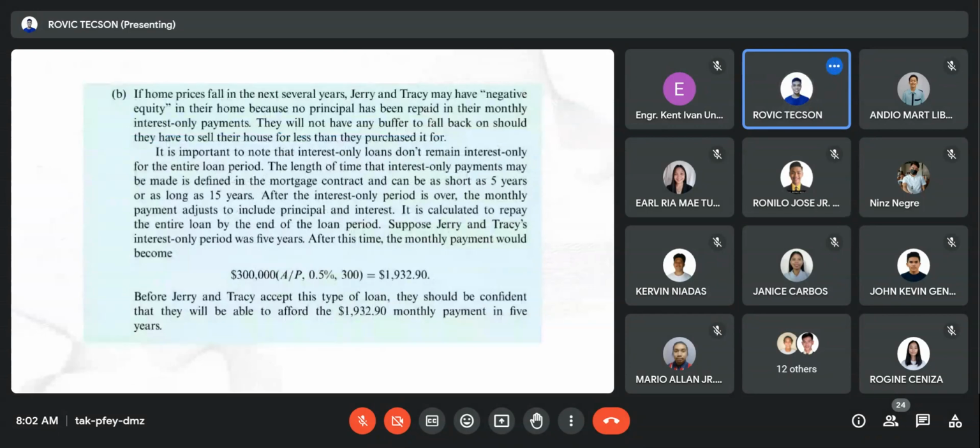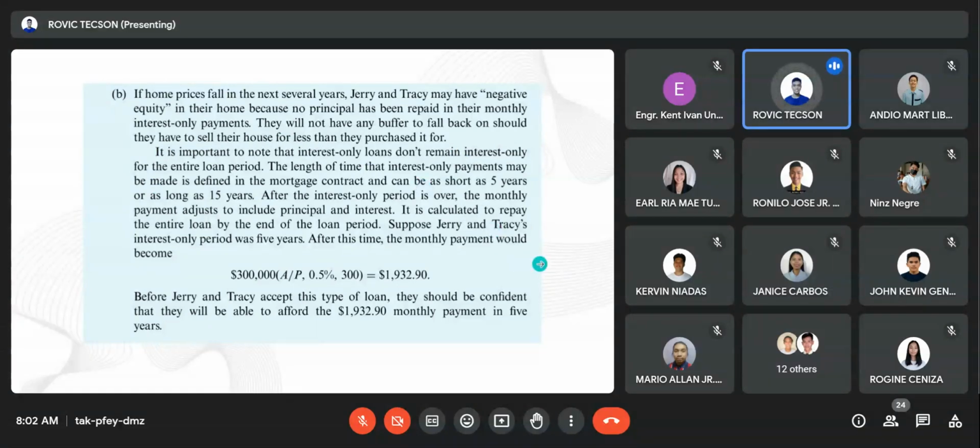So next is the disadvantage. If home prices fall in the next several years, Jerry and Tracy may have negative equity in their home because no principal has been repaid through their monthly interest-only payments. So no principal amount has been paid, since during that time, if they choose interest-only, they only pay the interest for some years, depending on their contract. So they will not have any buffer to fall back on